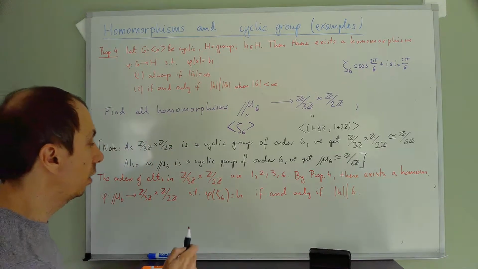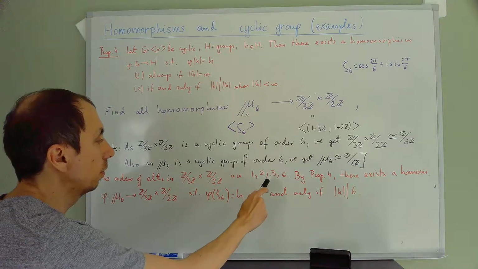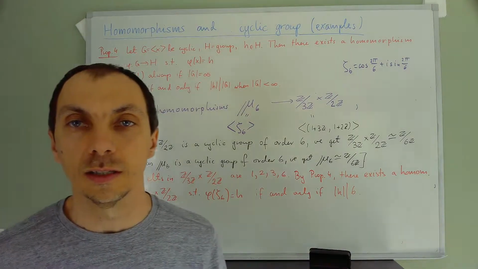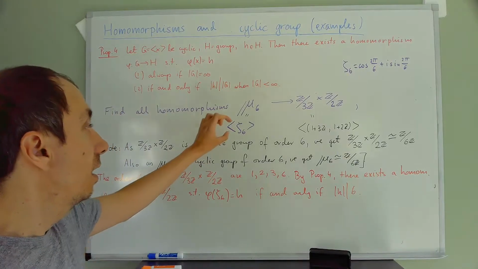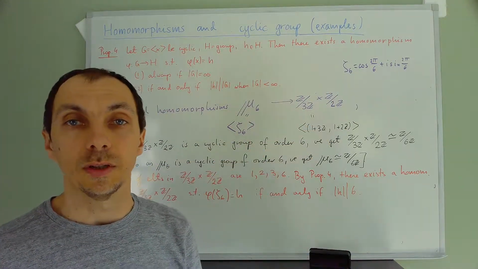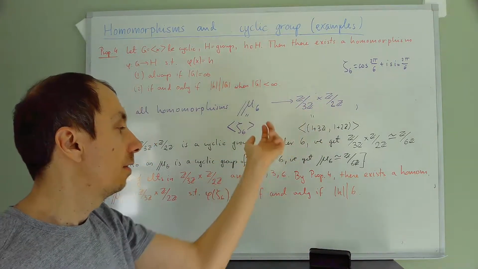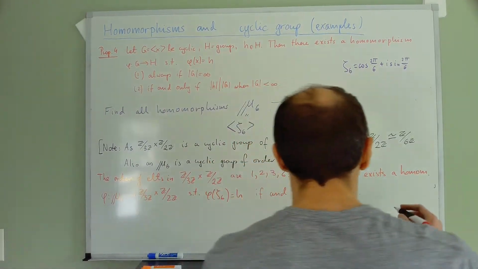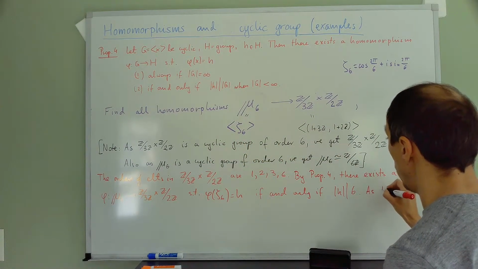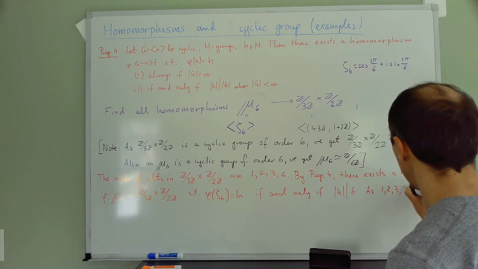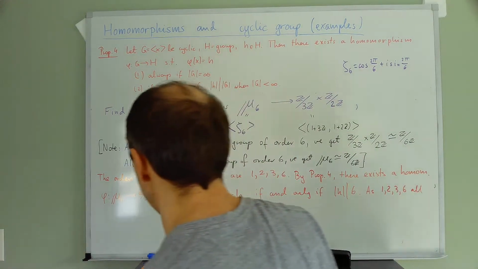But what are the orders of elements here? 1, 2, 3, and 6, they all divide 6, which means I can really send zeta 6 to any element here, because any element here has order that divides 6. So as 1, 2, 3, 6 all divide 6,